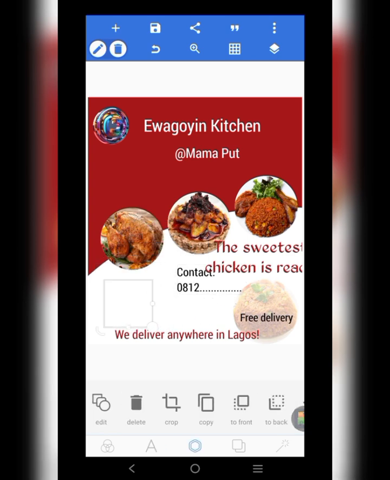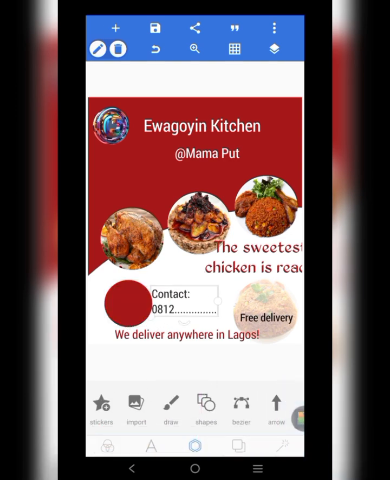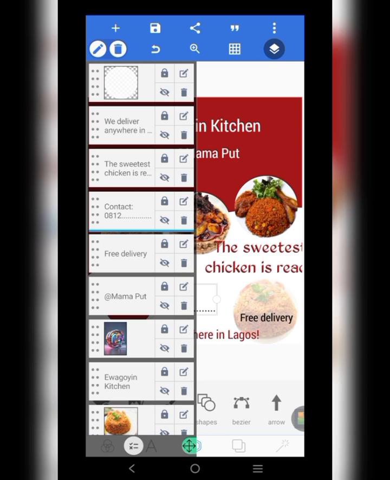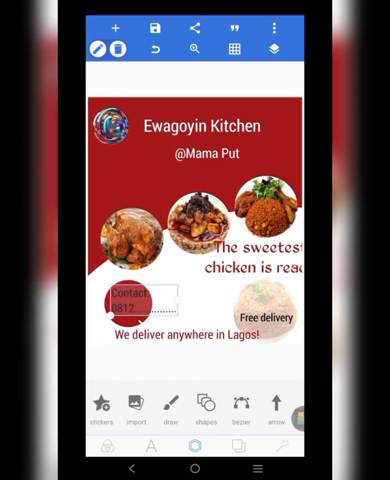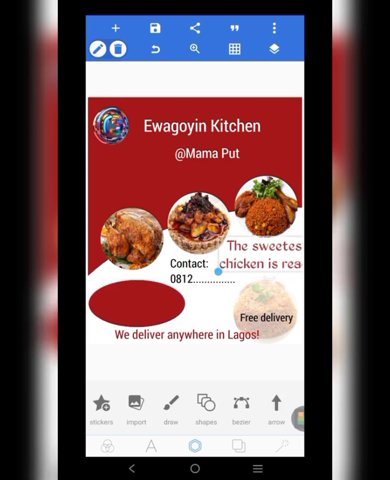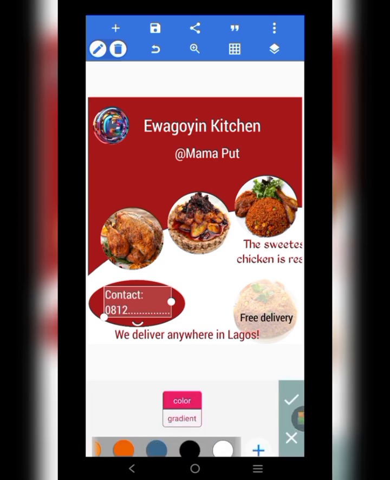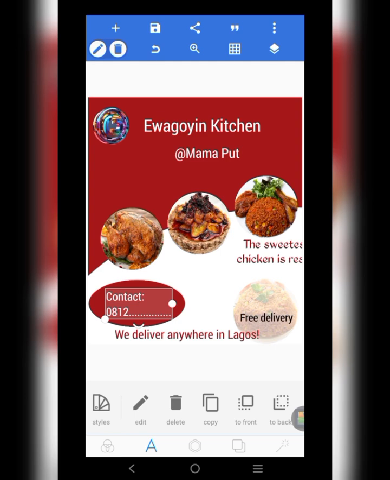My contact. So to adjust the contact in front of the circle, first I change the color. You can see that the contact is at the back, so I went to that shape up there and moved the circle down to where the contact is. So I extended my circle to give it an oval shape, then I place it. So I change the color of the contact to white so that it will be more visible, as you can see. So then I adjusted it and returned the sweetest chicken,